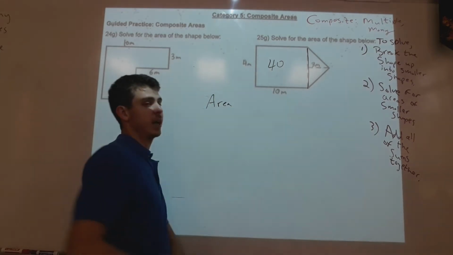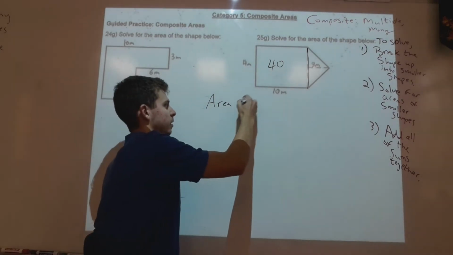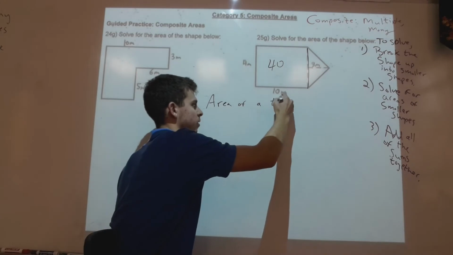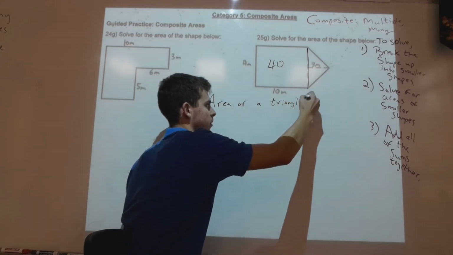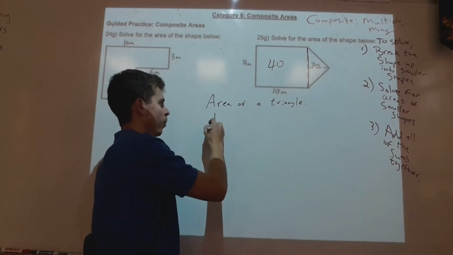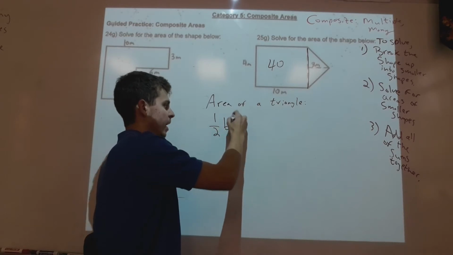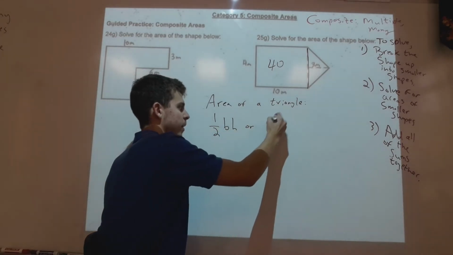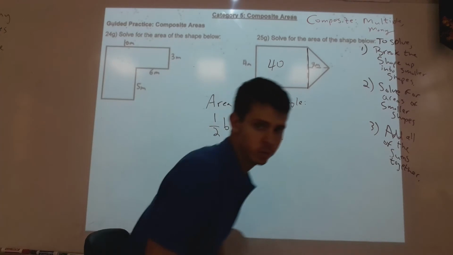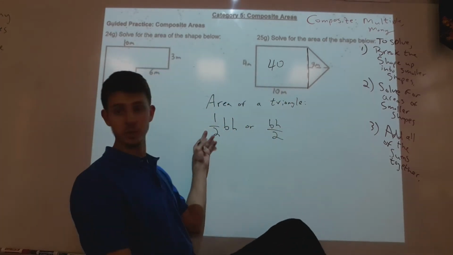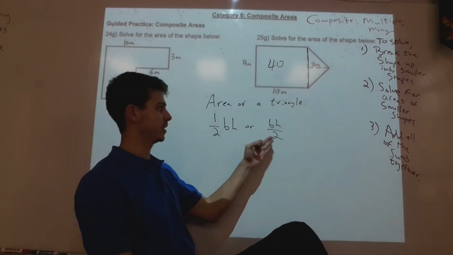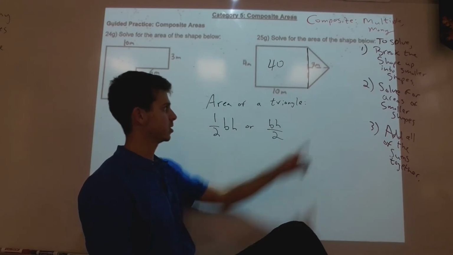This is a great one to have in your notes. Area of a triangle is 1/2 base times height, or base times height divided by 2. These are the exact same thing. Multiplying something by 1/2 is the same thing as dividing by 2. Okay, so